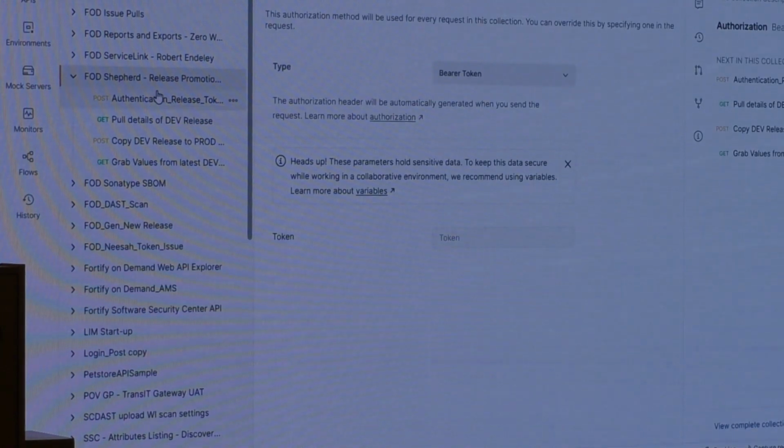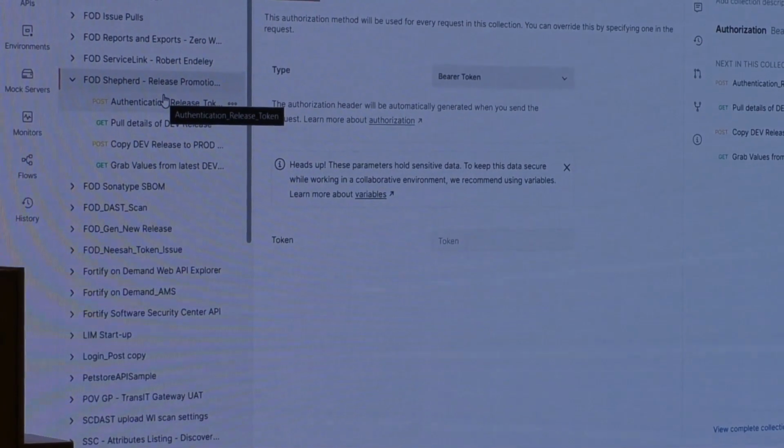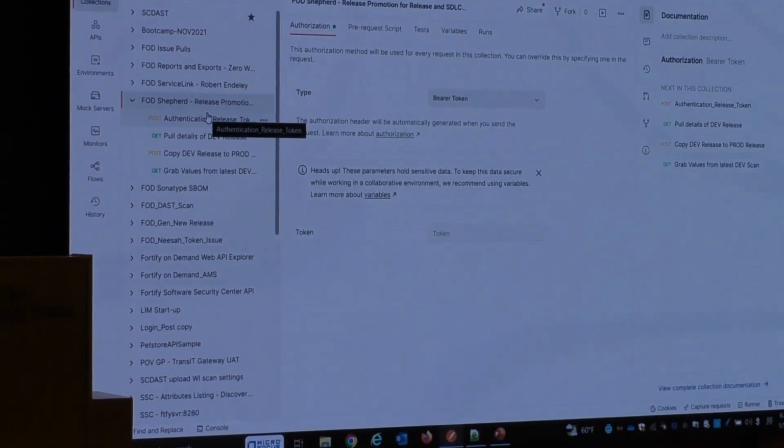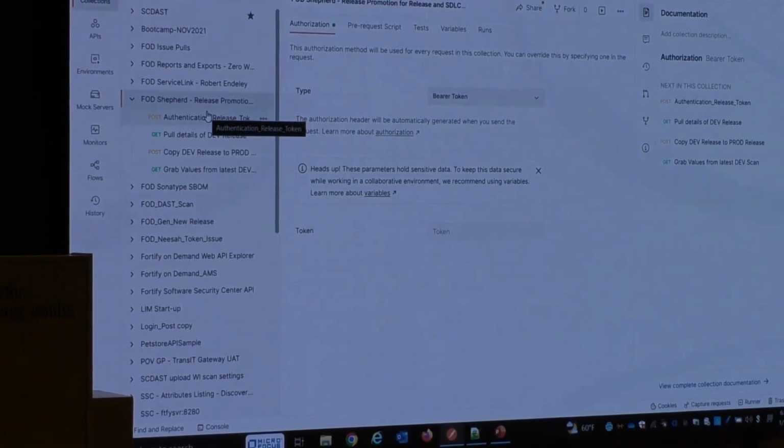All right, so this is a basic application project that we have called Shepherd. It's an open source project. We use it as a dummy for demonstrations. So we'll load it up and we'll scan it with our product and we'll show you the vulnerabilities associated with it. What I've done here is I've said, I'm going to take this project a level further. Let me promote this project.